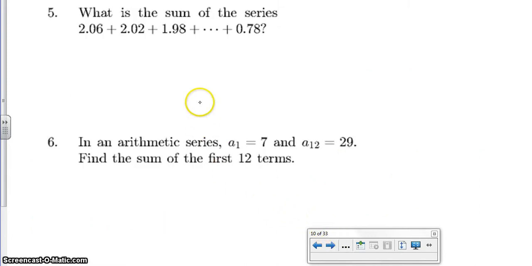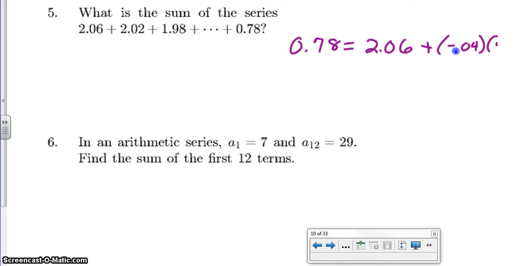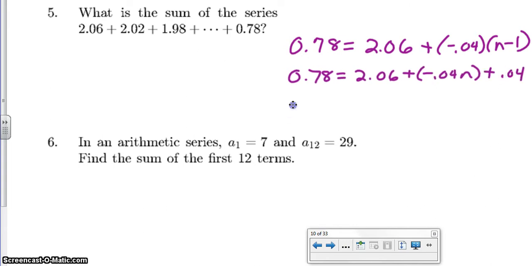All right, number 5. What is the sum of this series? Well, again, let's go ahead and figure this out. 0.78 is equal to my first term plus the common difference. Now look, we are losing negative 0.04 times n minus 1. And so we have 0.78 is equal to 2.06 plus negative 0.04n plus 0.04. And so 0.78 is equal to 2.1 minus